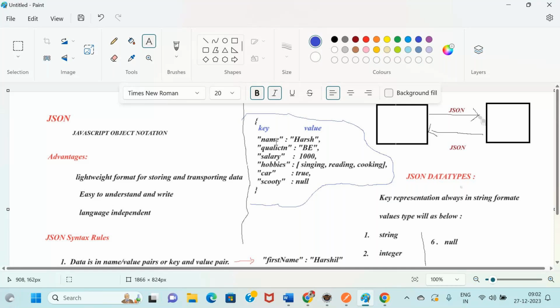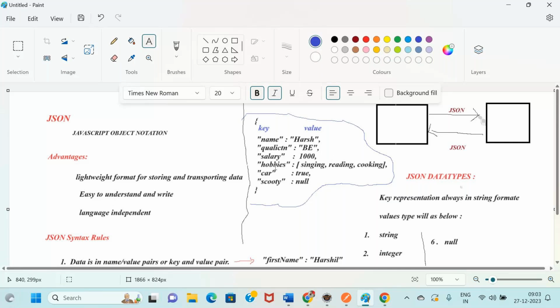Key always should be a string type. On the value side, the data type changes according to the applicable data type. Here, all are strings only.